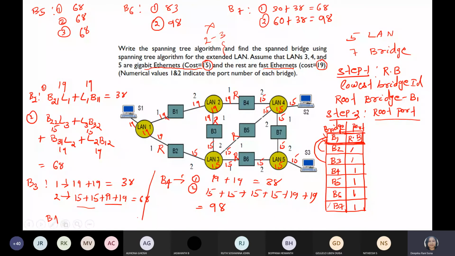Okay, so root port calculation is over. Up to this, any doubt? No doubt, ma'am. Okay, then we may move to the next step. Guys, take a photo of this, and in the next photo you guide me because I am writing on the next page only. Step 3 is to find the designated bridge and designated port.